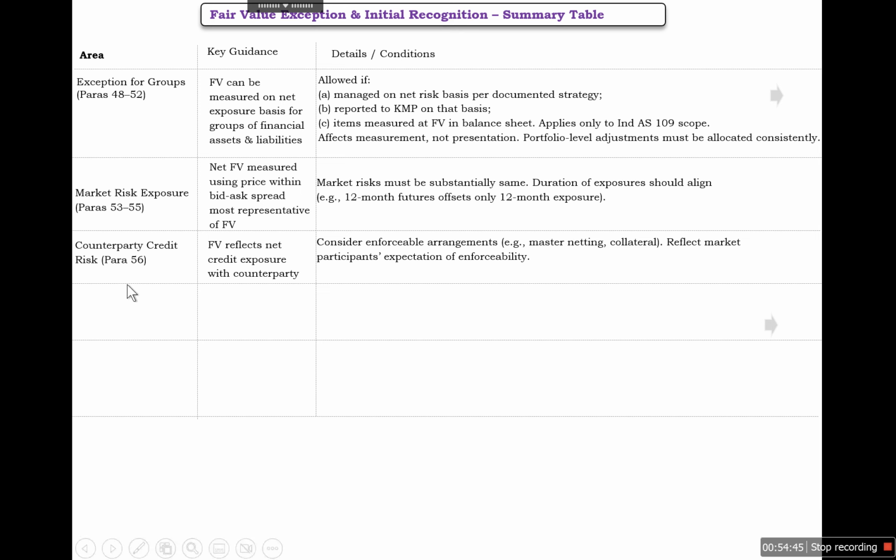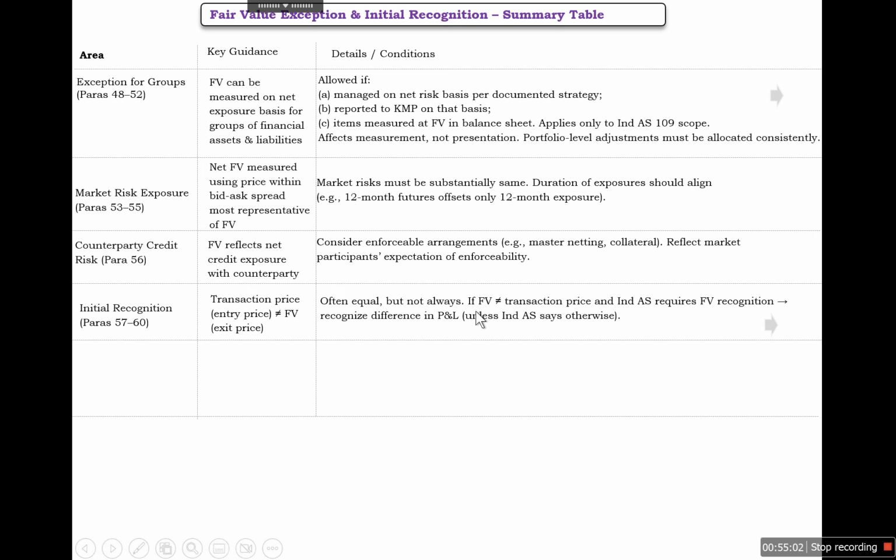Similarly, counterparty credit risk we need to reflect at the time of exposure calculation. Consider enforceable arrangements, that is master netting arrangements and collateral, and reflect market participants' expectations of enforceability. Similarly, at the time of initial recognition, the transaction price, that is the entry price, is not necessarily